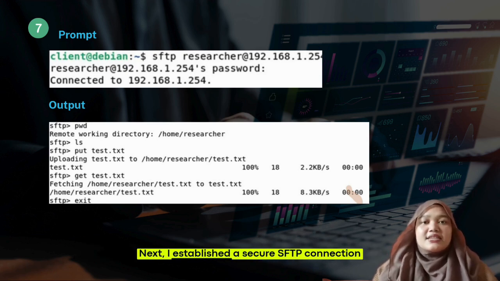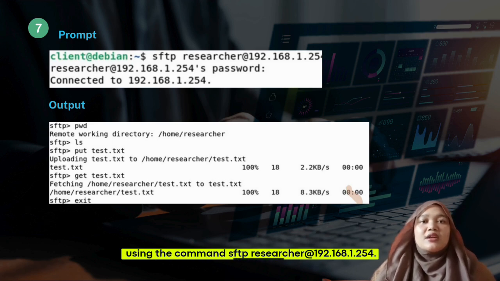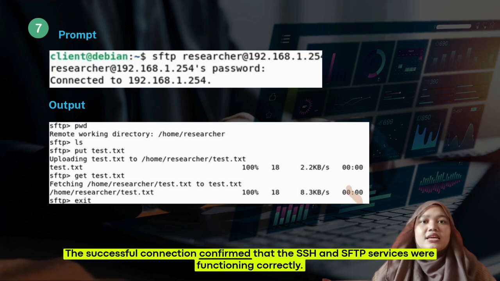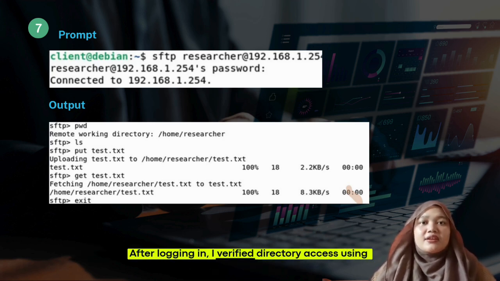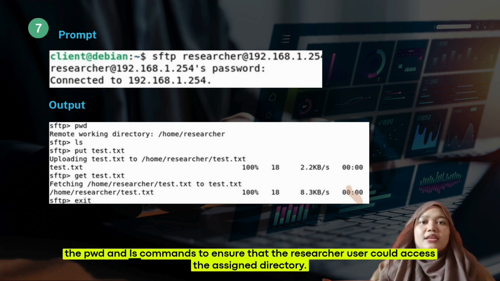Then, I established a secure SFTP connection using the command sftp researcher@192.168.1.254. The successful connection confirmed that the SSH and SFTP services were functioning correctly. After login, I verified directory access using the pwd and ls commands to ensure that the registered user could access